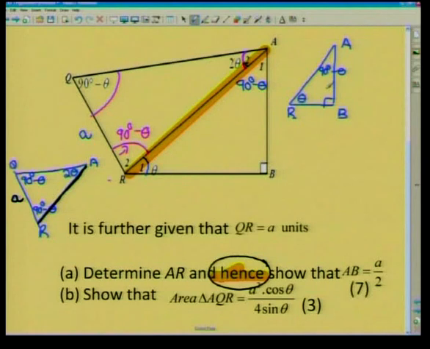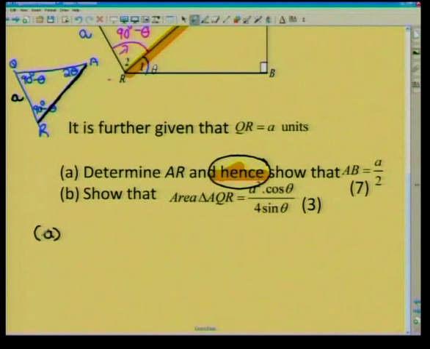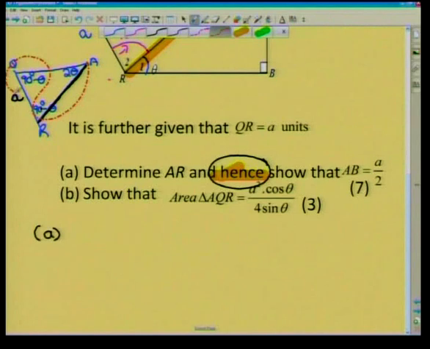All right, so now let's have a look at how we're going to do that. We have got 3 angles and 1 side. 3 angles and 1 side means that we are working with sine rule. Now I'm just going to bring this page down a bit so we can work a little bit more accurately. So we're doing A, and we are ready to work with this. We are trying to find a side. Now, always with sine rule, you start with the thing you're trying to find at the top. So if you want to, you can use that little figure 8 shape that I showed you just now. I want to find this. So do I know the angle opposite it? Yes, I do. So over here I can go AR over sine 90 degrees minus theta equals,